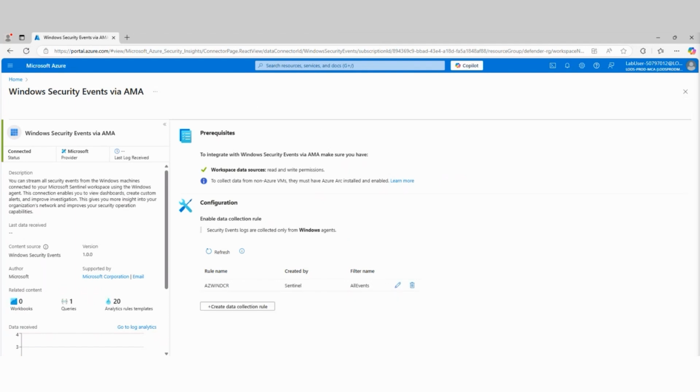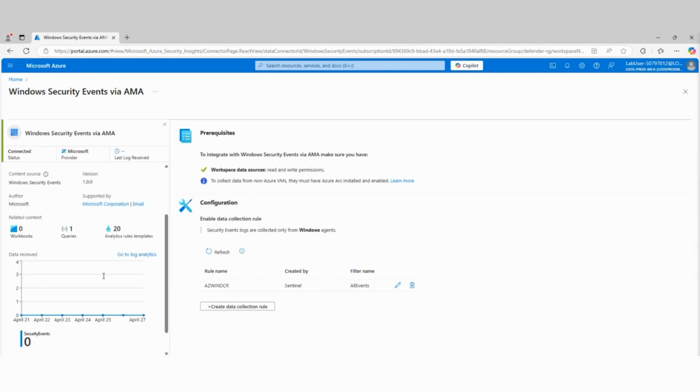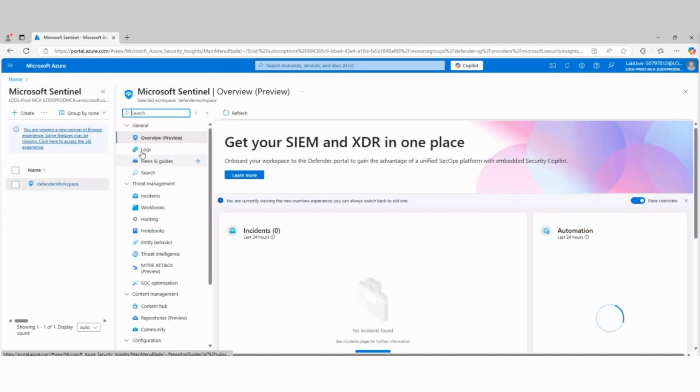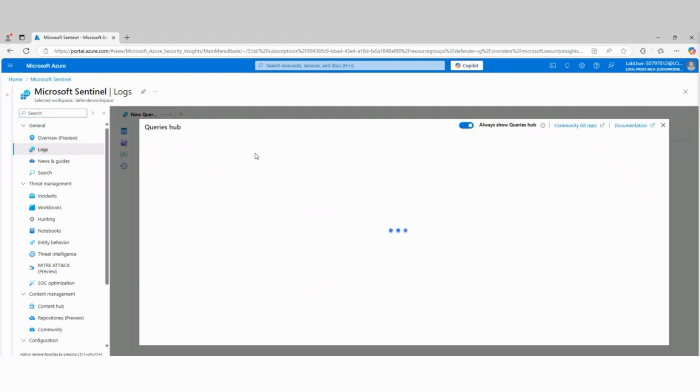Okay, so now I've just refreshed the page, and you'll notice that the status is now showing connected. So the agent is running properly. As part of that, we haven't received any log data yet, as you can see here, but this should start flowing in shortly. Now that we have that, let's go back into our main page, and let's try running this query again here. So we're going to go into our logs.